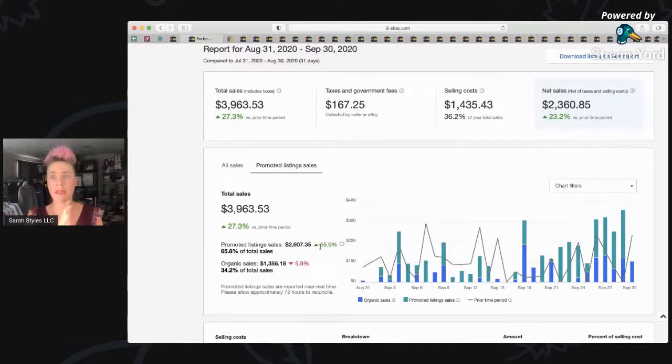It's working. So something I think I'm going to work on next month is lowering, so I do suggested rate for my promoted listings. I'm thinking of decreasing that a little bit so I still have a little bit of visibility, but maybe playing a little bit more around with sales so that I can give more money back to the buyer instead of more money to eBay, if that makes sense. I still want my items to be able to be seen. So I think I'm still going to do promoted listings, but maybe not at the suggested rate, maybe lower that